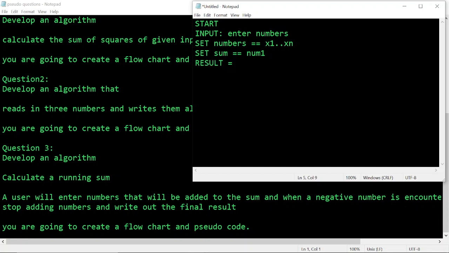Results will be equal to results. Okay, so the next thing we're going to do is, after we've prompted the user to input numbers, then we're going to set our numbers, set our sum, then store our results inside this results variable. Then the next thing we're going to do is go ahead and compute